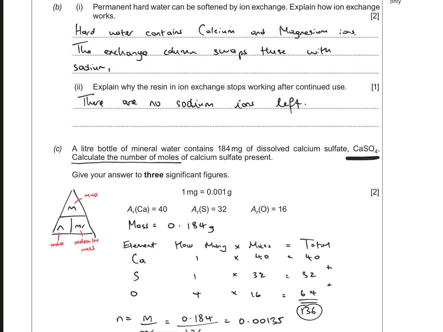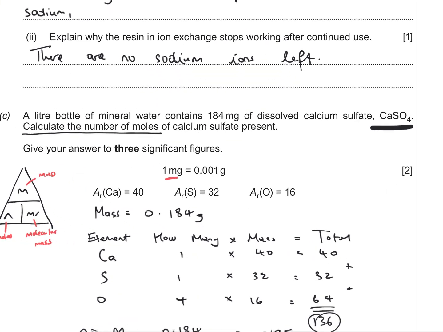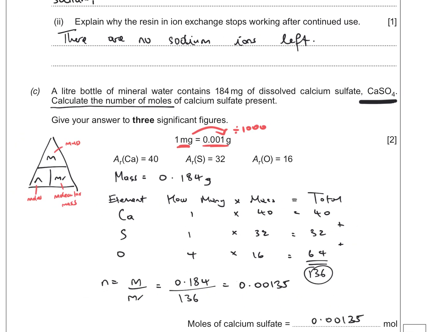So what I want to do is they've told me that 1 milligram is 0.001 grams. Now what they've done there is they've divided by 1,000 to get back to that point. So rather than having 184 milligrams, I've converted that into 0.184 grams. Everybody, remember this, I've got some mass numbers and I've got a formula. So I'm now going to use the Mr